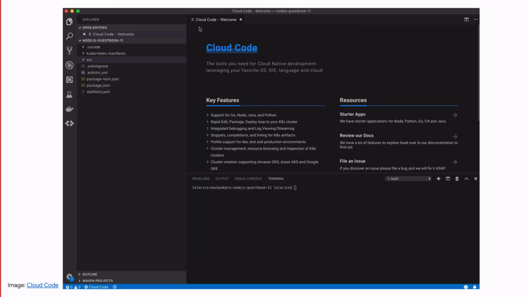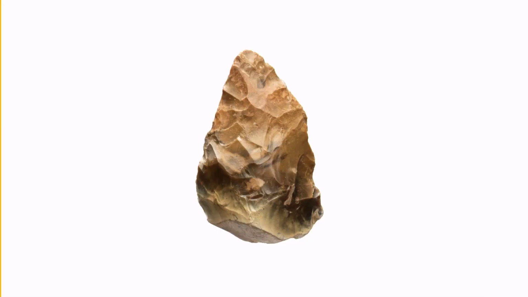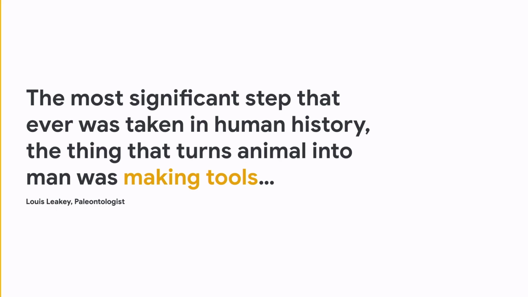So Kubernetes is very close, but at least when measured by product lifecycle, this model was the market leader for 1.5 million years. This is the Acheulean hand axe, and it's believed to be the first designed object. The skills to make it were passed endlessly from generation to generation. Roman Mars has this great podcast on it. If you're interested, you should definitely check it out. But it marks this pivotal moment in human evolution when we started picking up objects around us and turning them into tools. So why was this predecessor to Kubernetes